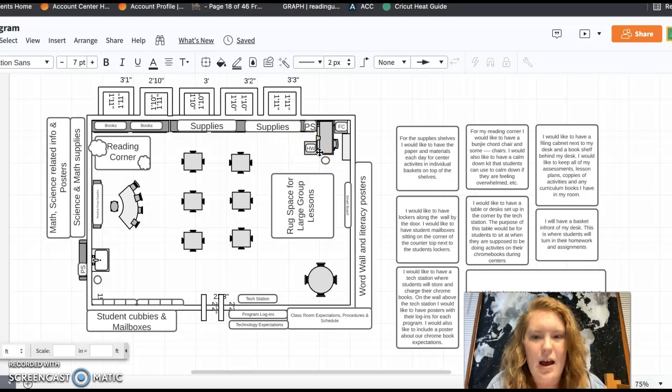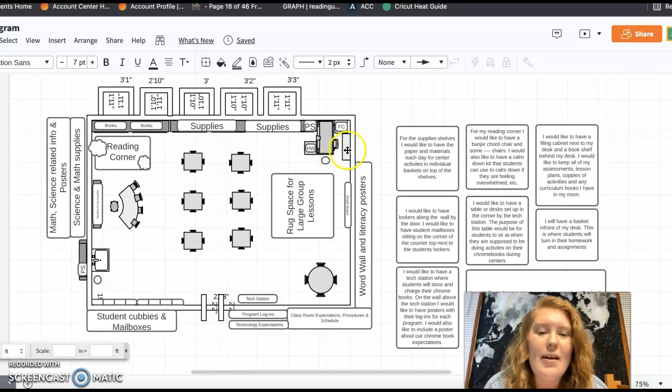So it's easy, accessible for me and for the students, and also helps prevent from losing papers by leaving them in their desk all day or in their cubbies all day. As soon as they come in the door, they put it there, and any of the activities that we do in class that I'll need to grade will go there as well. So it's a one-stop place to hopefully eliminate as much losing paper as possible. Right next to my desk, I have another trash can, also kind of out of the way, easy access for all of us, students and